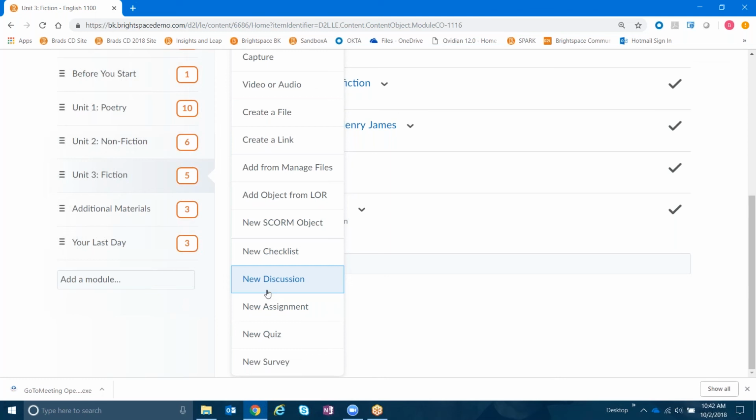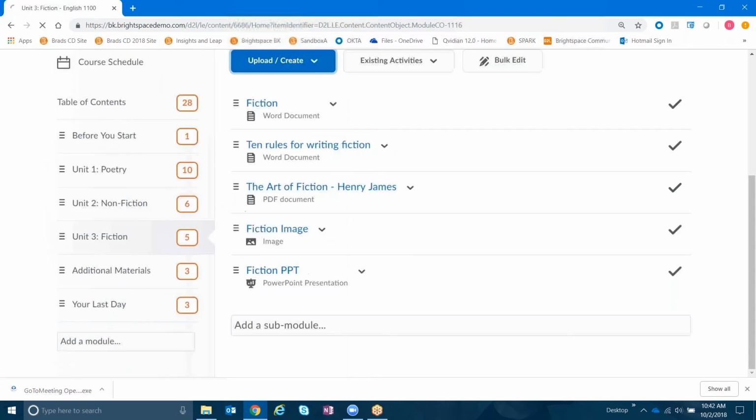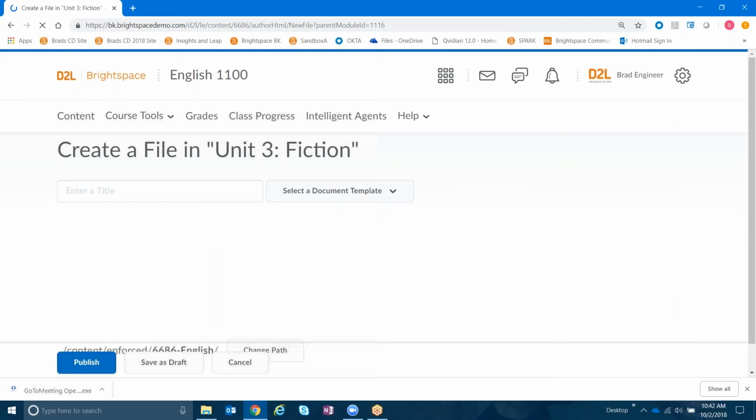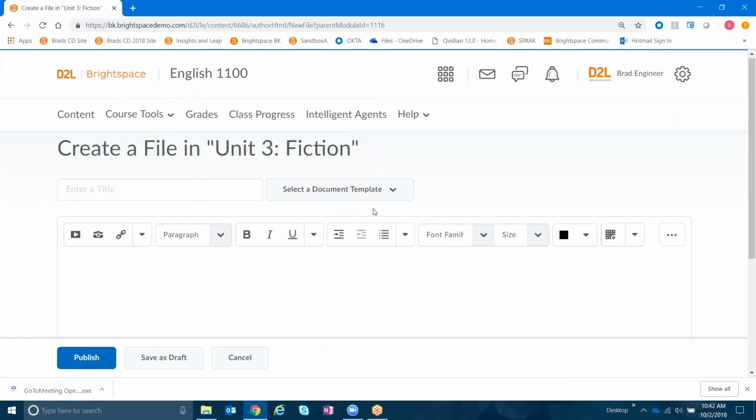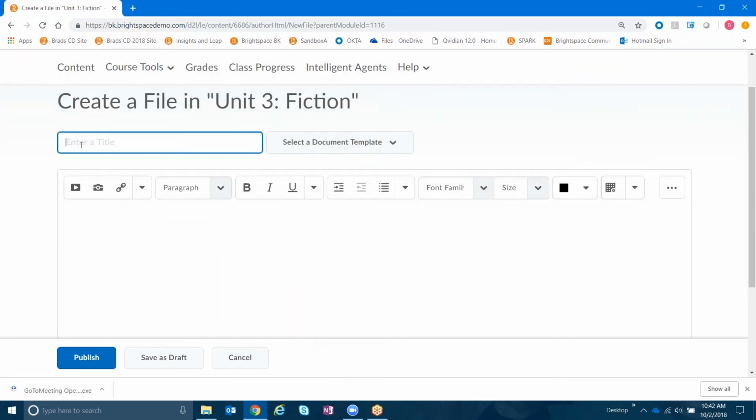So one other element here, I'm going to try the Word document one more time. This is a big risk in a demo, but we're going to do it. There is a view as text option in the bottom right corner. And the reason why this is important, I should check this file. The reason why this is important is because for students that are using screen readers, we need to strip out